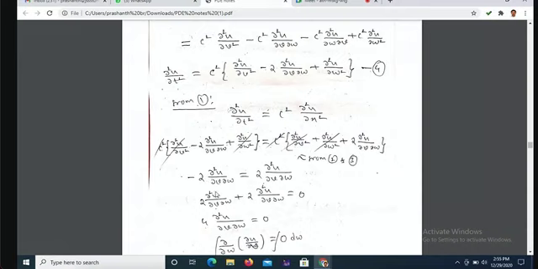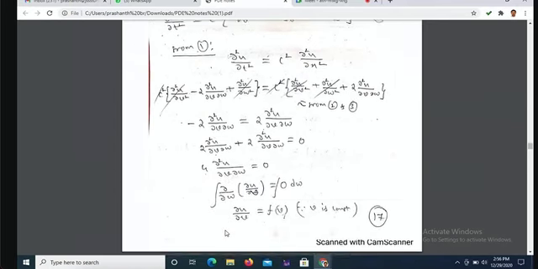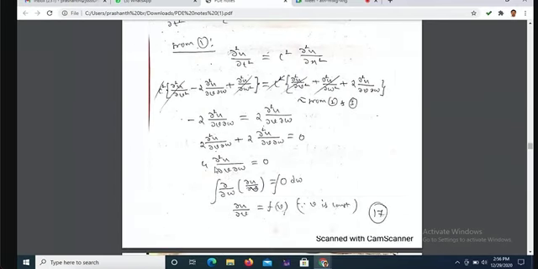Remaining minus 2 ∂²u/∂v∂w equal to 2 times ∂²u/∂v∂w. Both do not get cancelled, so that minus 2 comes to the right side, becomes plus 2 ∂²u/∂v∂w. Both are same, so that 4 ∂²u/∂v∂w is equal to 0. Now you can take out ∂/∂w of ∂u/∂v. You just divide by 4 on both sides, so that I can write ∂/∂w of ∂u/∂v equal to 0. Integrate both sides with respect to w, so that integration and differentiation get cancelled.